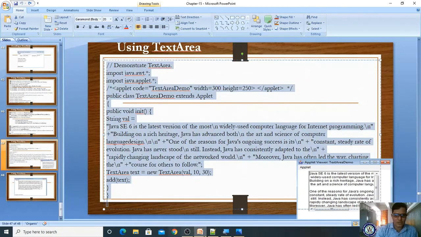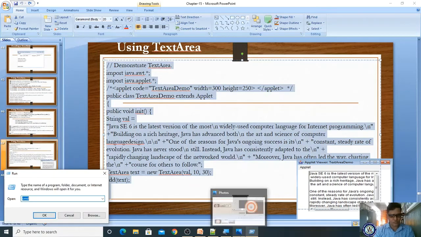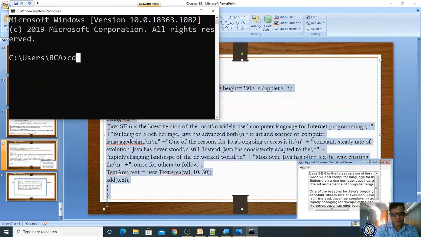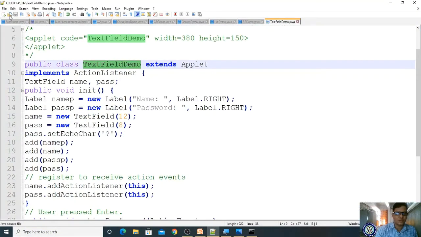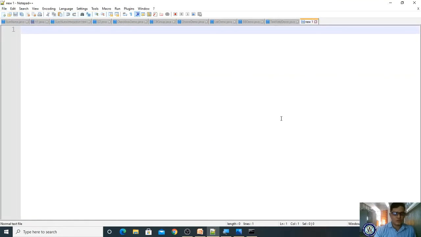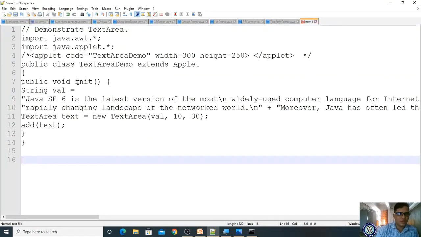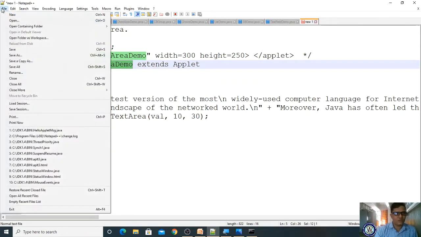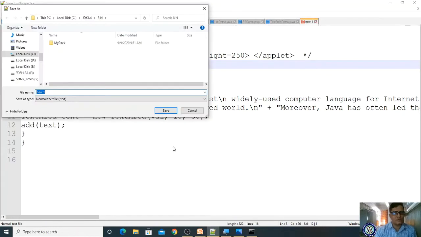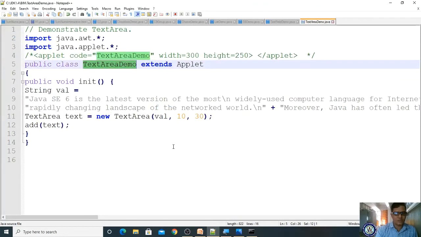and open your editor. No, we have not copied, right? Yes, let me take a new file, paste it, and save it as TextAreaDemo.java in bin.